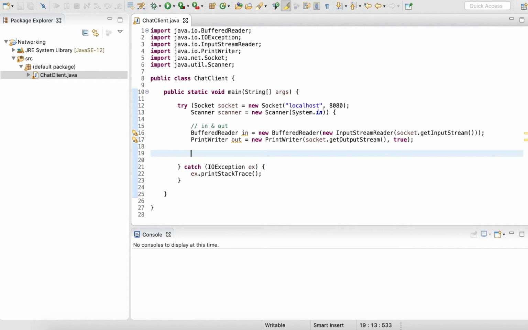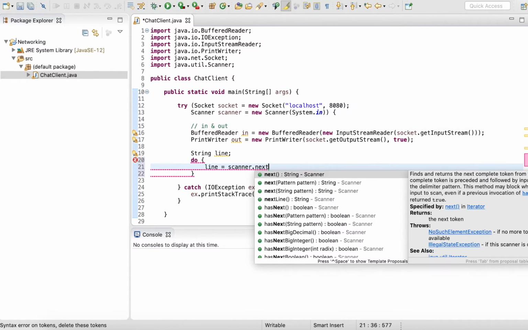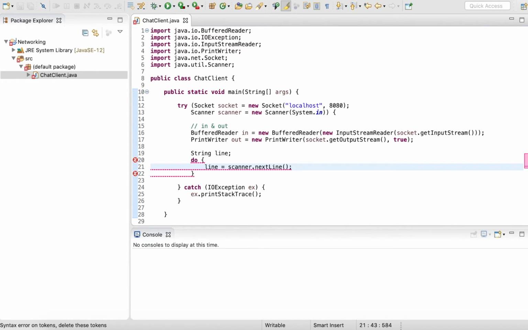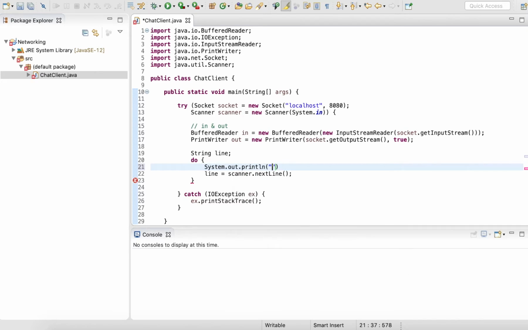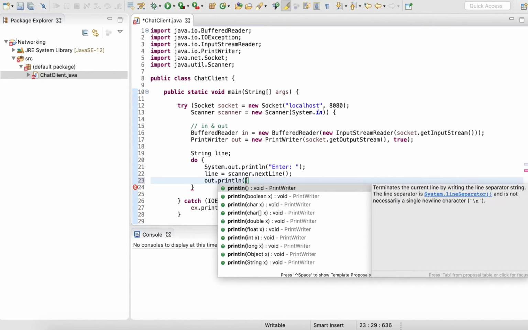Now the next thing that I'll do is I create a string variable line, and this is the line that the user enters on the console. So I use scanner next line that reads in the next line, and let me actually put out a small message before. Enter. So that prompts the user to enter something. The scanner will read in the line,